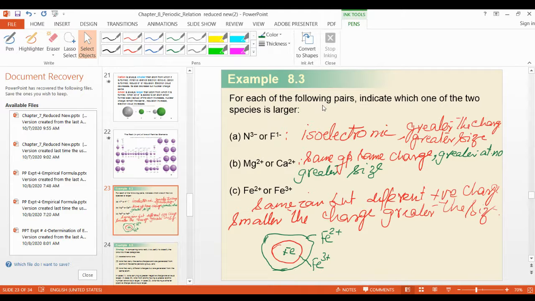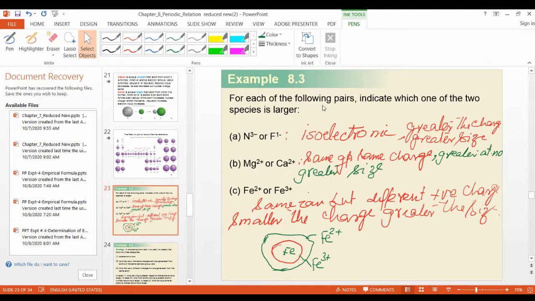So first of all, to identify 1A, whether nitrogen 3 minus is larger or fluorine 1 minus is larger, look at the atomic number. Nitrogen is 7 plus 3 is 10, and fluorine is 9 plus 1 is 10. So the electron counts are the same. In that case, we can say this is isoelectronic. So if it is isoelectronic, then the size will be